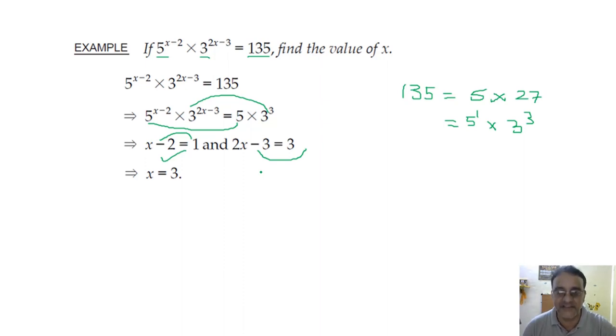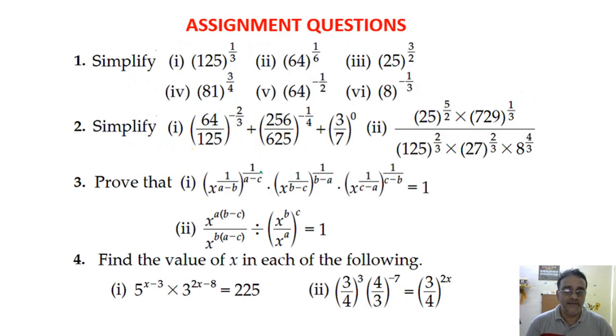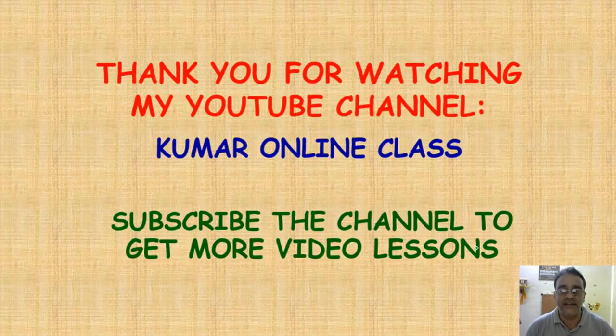Now let us move towards the last section. Which is the last section? Assignment question. Right. Now see, you have to send this assignment question in Google Classroom. You will send these assignment questions in the Google Classroom of G Suite. This is a simple problem, simplification and proof related question to find the value of a variable based on the given condition. We did this type of question just now. Okay, so that's all for today's session. Thank you very much.